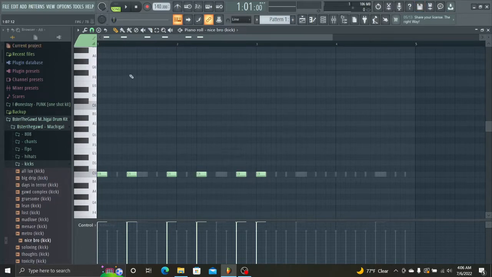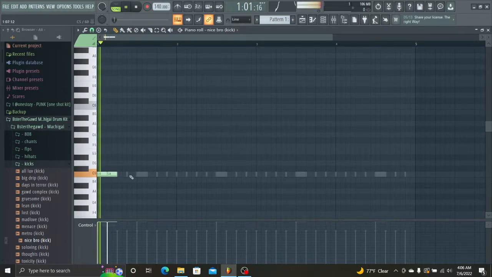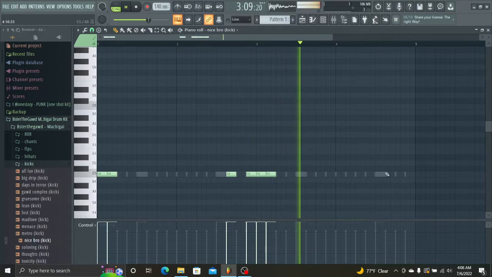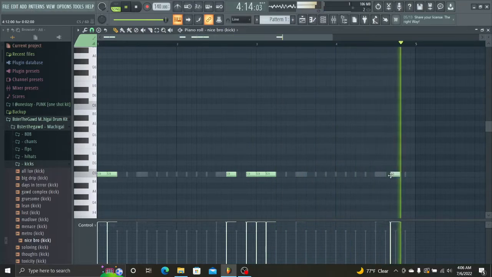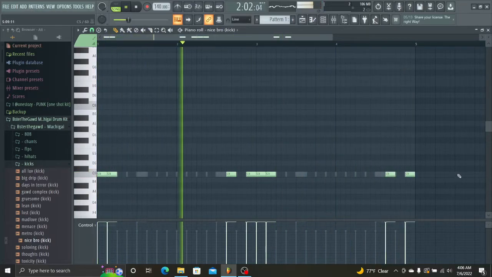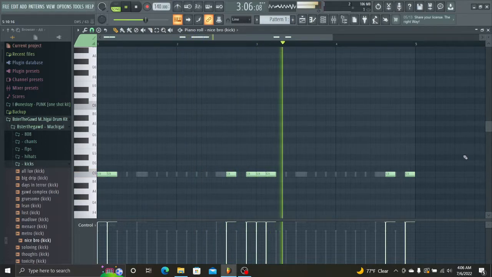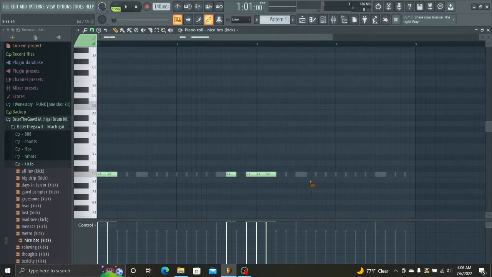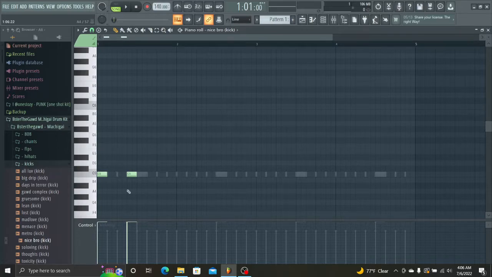So basic kick patterns you guys could do is this. Very basic, very generic, and very simple. But if you guys want to get a bouncy drum pattern, you're gonna